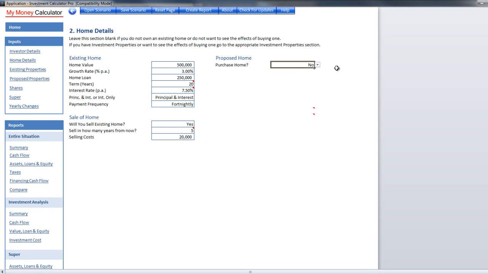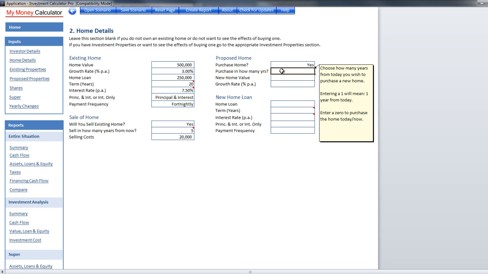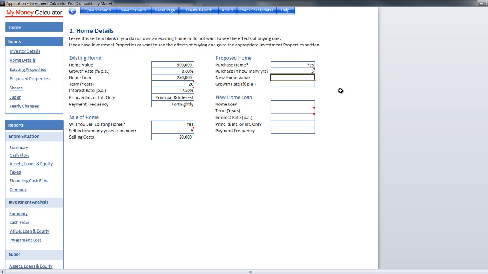Then we can move on to purchasing a proposed home or a new home by simply choosing yes for purchase home and enter in similar details as the existing home. So we can enter purchase in how many years from now. Let's assume this person sells their home in 5 years and buys a new home to live in after 5 years also. And this new home costs them